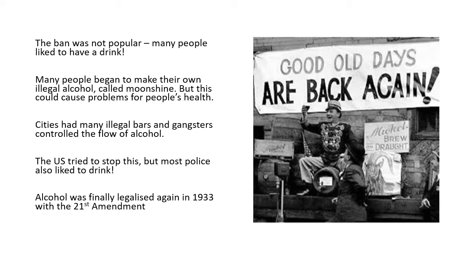Most people thought that having a few drinks was not bad, it was not wrong, it was not harmful. And so many people began to make their own illegal alcohol, which was called moonshine. Often this was made from potatoes, but it was made very similar to the Karen thydor that you make from rice, while the Americans would make alcohol from potatoes in a very similar way. That you'd take the potato, you'd ferment it, mix it with some yeast, and the reaction would cause alcohol. However,